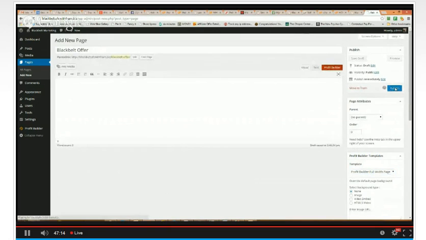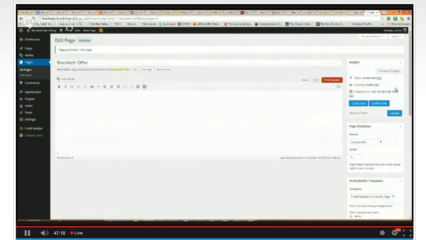We publish that. We've got to publish the page first, okay? And now once that is published, if we have a look at it, you will see there is nothing there. But if we click on this little icon here, Profit Builder,